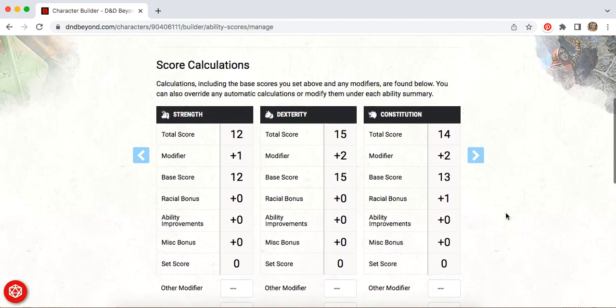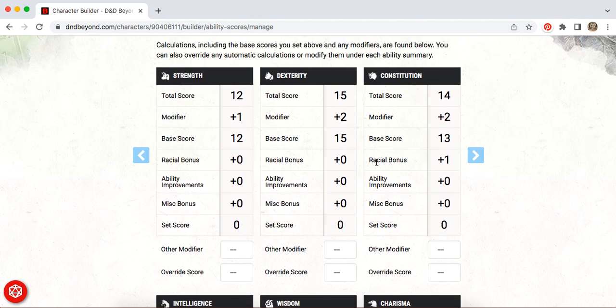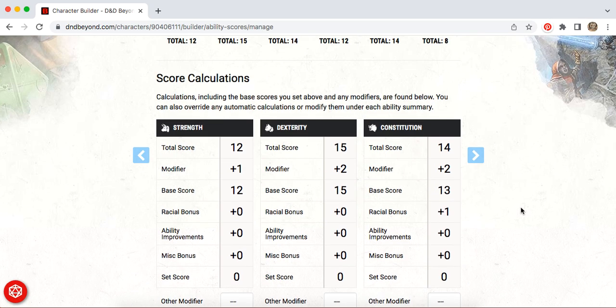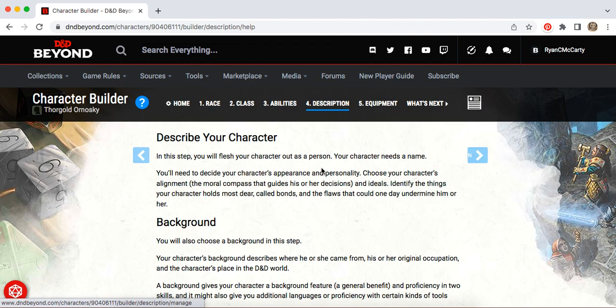And so this is going to give us all of our modifiers that we're going to work with, and these are going to be things that tell you how well you do in a certain situation. If you try a strength check to break down a door, you'll roll a die and you get to add one to that in order to decide whether or not you're successful. If you need to flip to avoid an attack, you'll do a dexterity check, and this will add two to it. So we'll move forward from there.